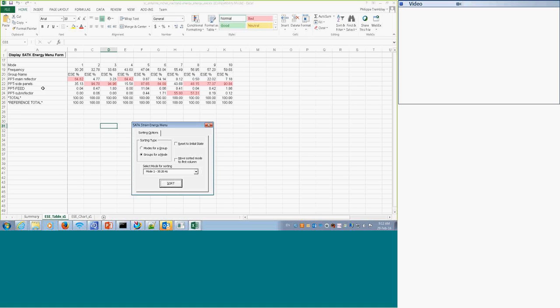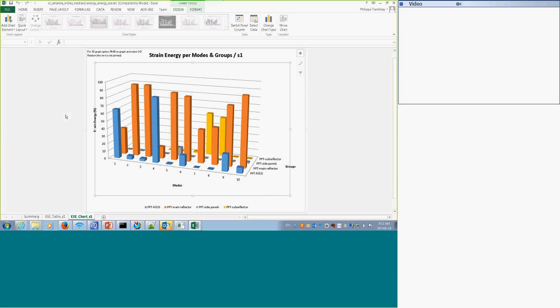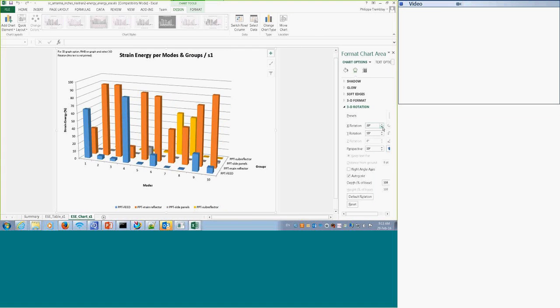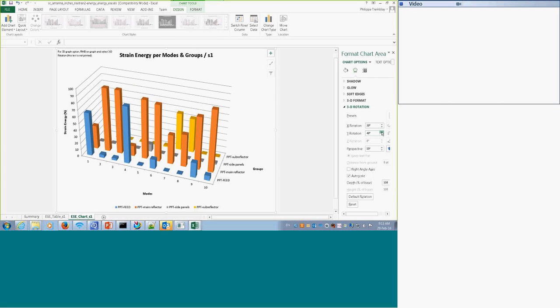This can be really invaluable because it's telling you where stuff is happening. I mean, it might be obvious when you look at an animation which part of the structure is straining. Certainly, you might get a feel for what's displacing. But for the strain, it might not be that obvious. That's generated for you. So we have a 3D chart, and if I click here, 3D rotation.